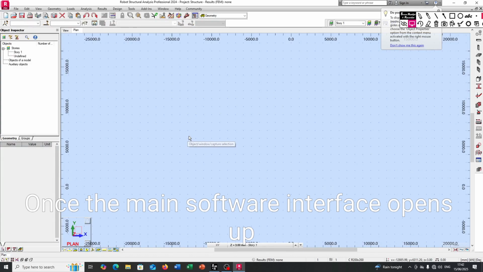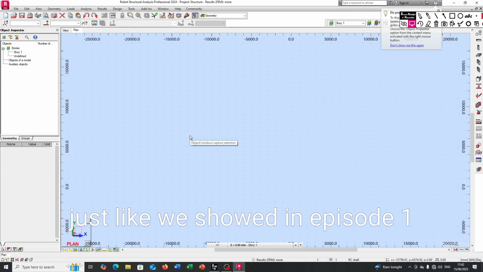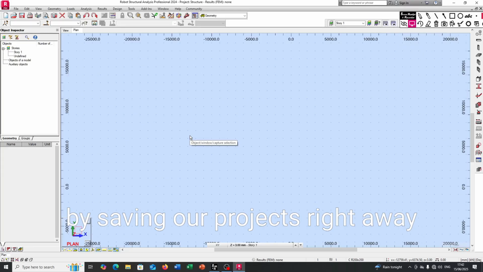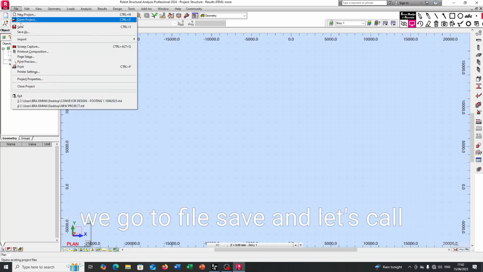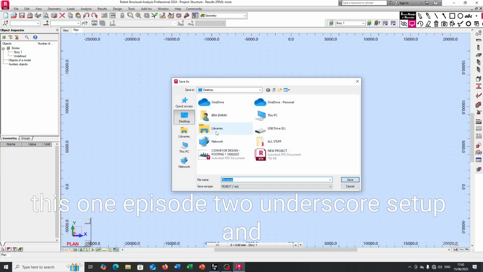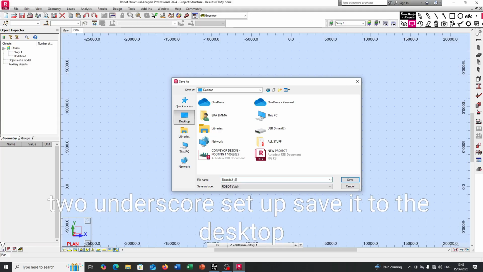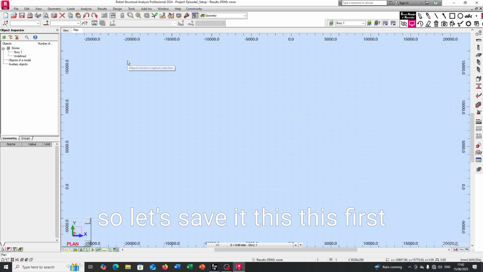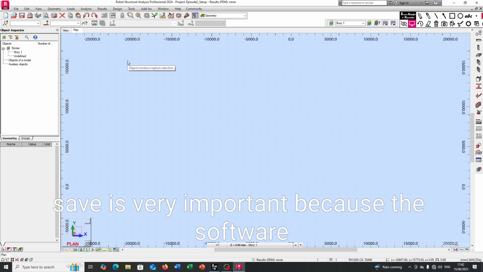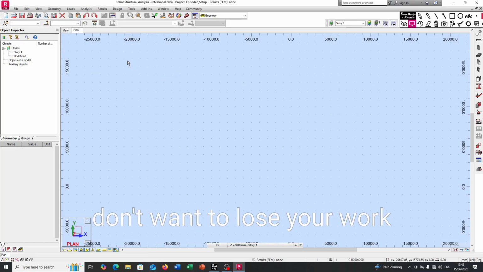Once the main software interface opens up, just like we showed in episode 1, let's start by saving our projects right away. So we go to File, we save. Let's call this one episode 2_setup and save it to the desktop. So let's save it. This first save is very important because the software may crash unexpectedly and you don't want